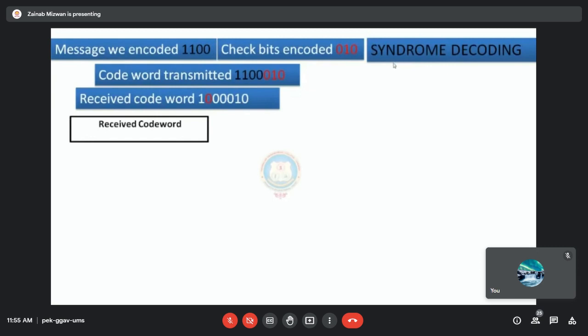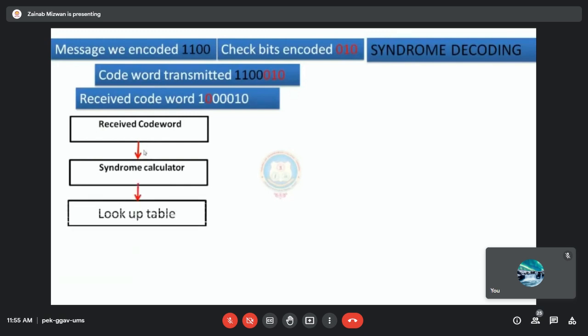The procedure is, as soon as the code word is received, it is given to a syndrome calculator, wherein the syndrome will be calculated. If the syndrome is equal to 0, it means that there is no error in the received code word. If the syndrome has a value, it means that there is an error in the received code word. The syndrome calculated is given to the lookup table.